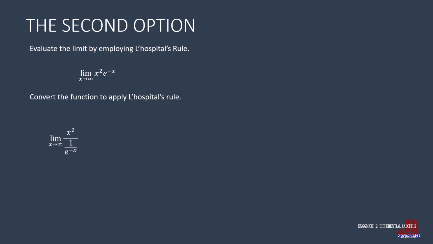Start again by differentiating the numerator, which gives 2x times the derivative of x with respect to x through chain rule. From the denominator, we again employ quotient rule, so the denominator is the square of e raised to negative x. Low d high is then e raised to x times d over dx of 1. Then high d low is minus 1 times d over dx of e raised to negative x. Dx over dx is 1, and the derivative of 1 is 0.